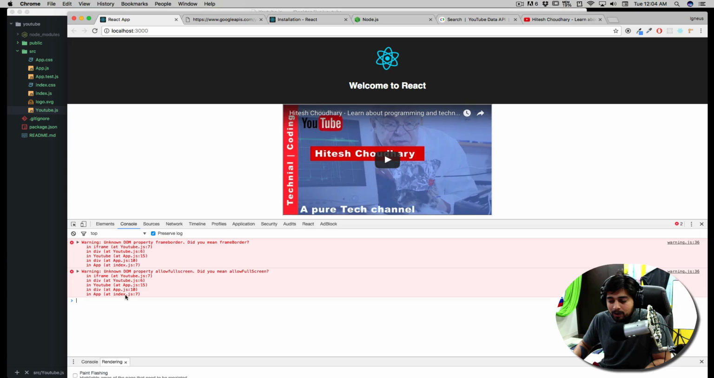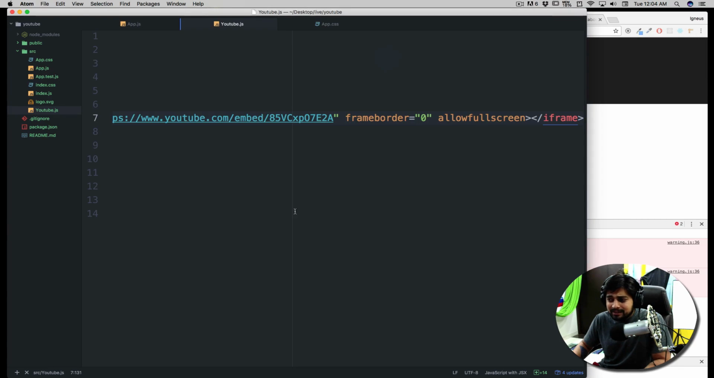You can see 2 warnings are there. Now what are these warnings here? Let me just show you. It's always good to read the warnings. Make sure you read them properly. It says, did you mean frameBorder? Did you mean allowFullScreen? So what it's saying is that the attributes you're using, frameborder and allowfullscreen,